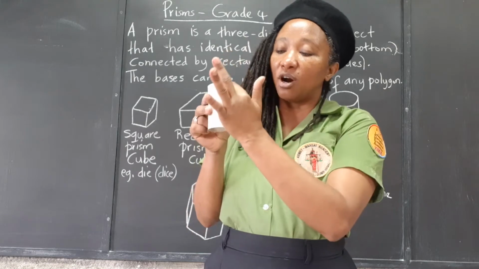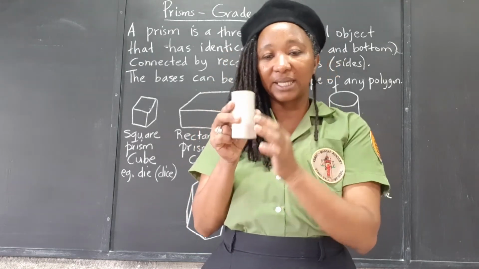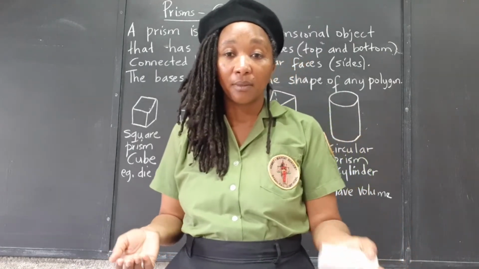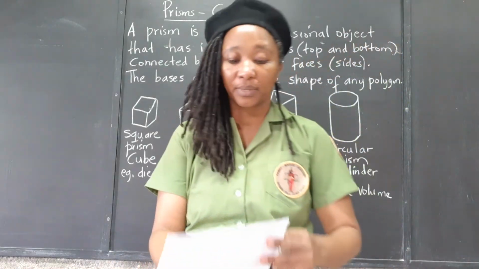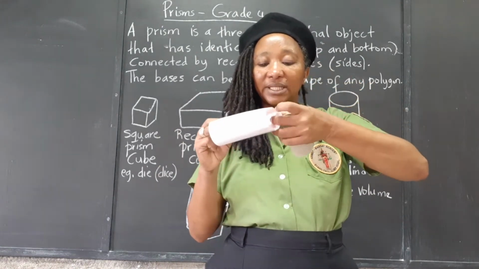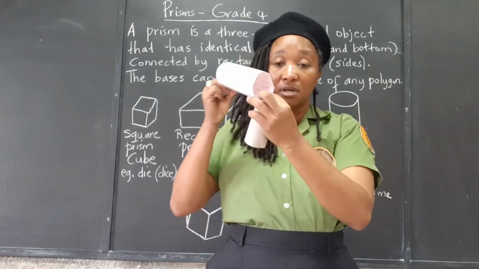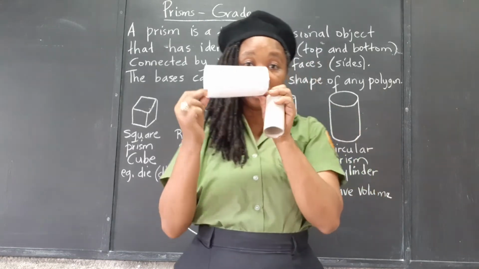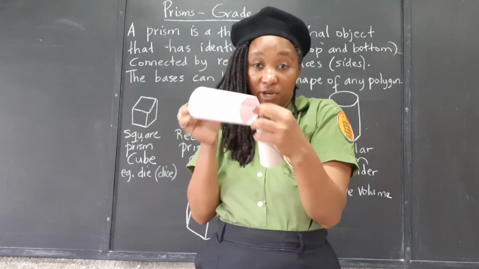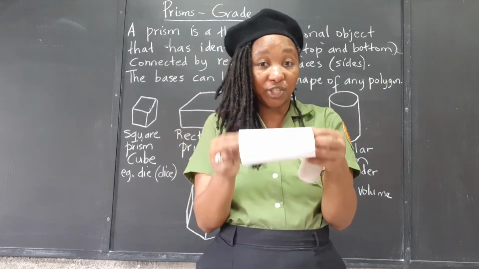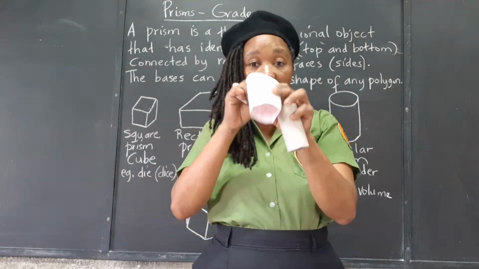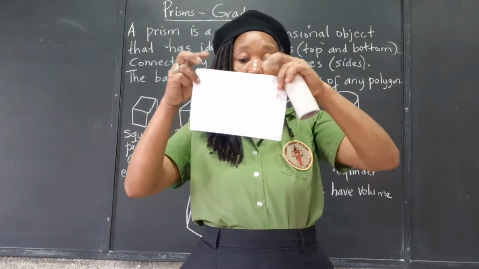If we were to cut along the side and open it out, it would form a rectangle. Because look, see, this is a rectangle. If we curve it around itself, see, it creates what we generally think of as a circular prism, circular top, circular bottom, just like this. Open it out,